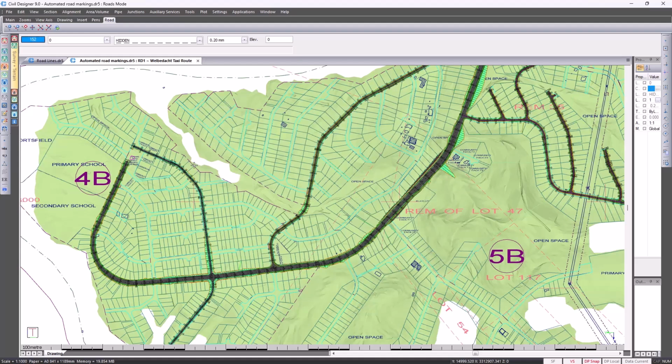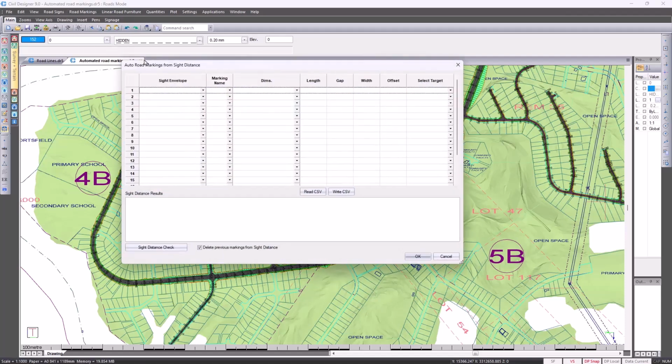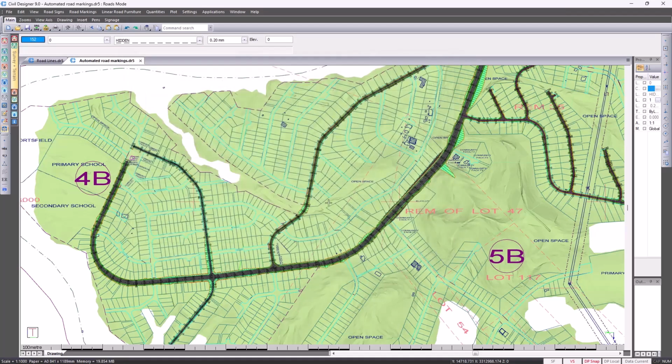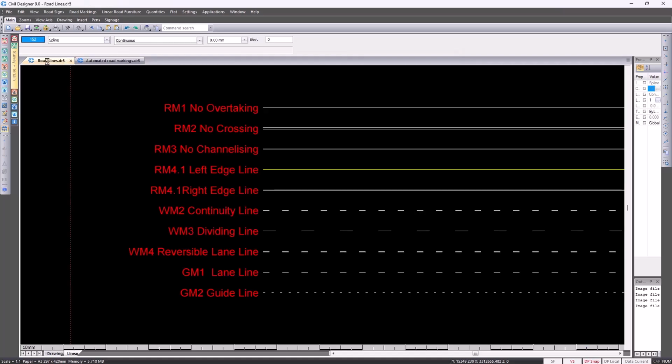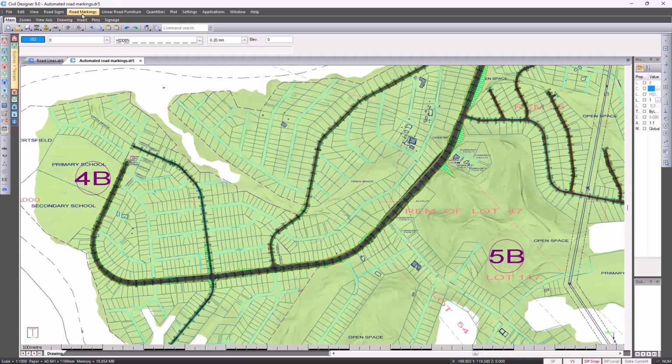If I were to go back to the signage module, go back to road markings, automated from passing sight distance. If we take a look at the marking name, these are the different road markings available to us. If you're not sure what they represent, I've created another drawing here for your reference. Reverting back to the function,